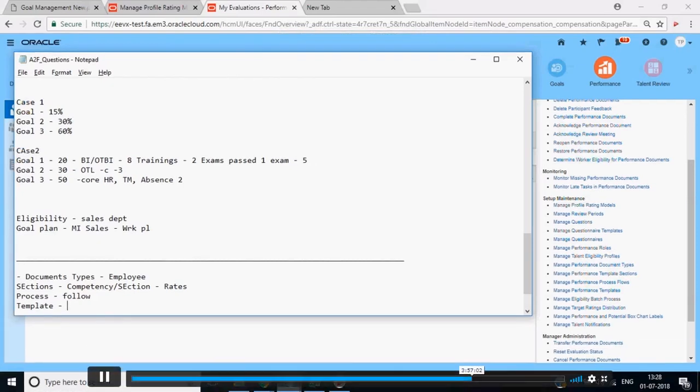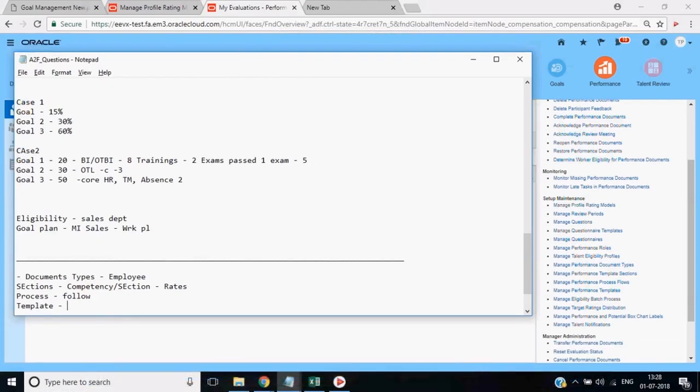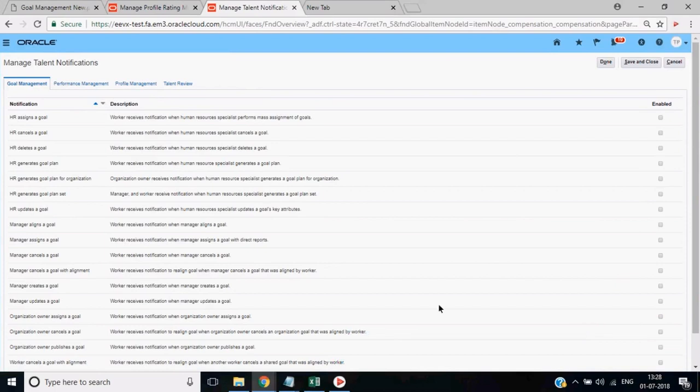The template will contain all this. Somebody wanted to see the talent notifications. I missed out this part. So let us go through this